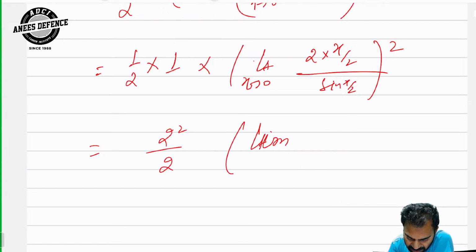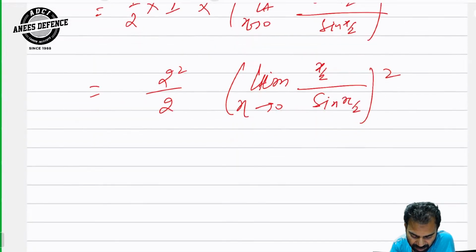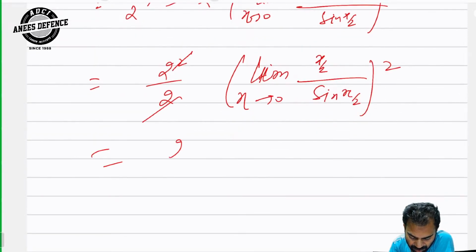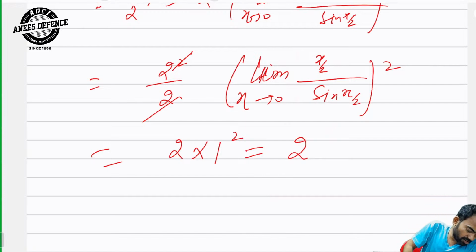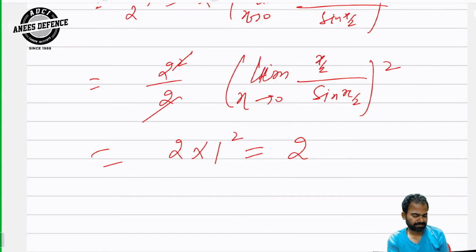Inside, limit x tends to 0 of x by 2 upon sin x by 2 whole square. 2 into 1 square, that is 2, okay? So C is the correct option. Write it. C is the